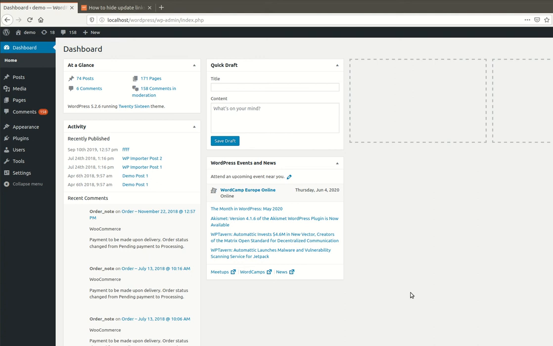Now let me explain the advantages and disadvantages of hiding the update links. As you know, WordPress releases the latest version regularly, around every 1 or 2 months, because WordPress releases security patches in every version. So to make your website secure, you need to keep it up to date with the latest WordPress version. If you keep your plugins, themes and WordPress core file up to date, there will be very few chances of your WordPress website being hacked.